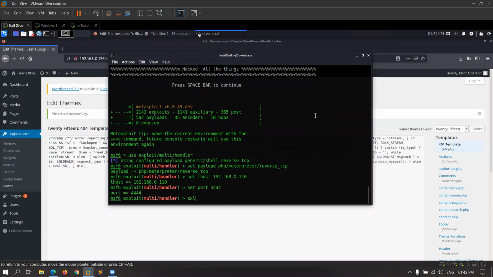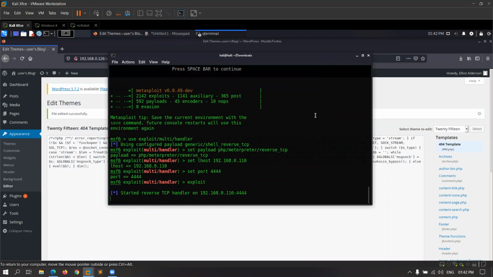And what will I do? I will type exploit. So our payload is trying to create a connection with the multi-handler, and we are waiting for the reverse TCP handler connection, but we have to give the path.